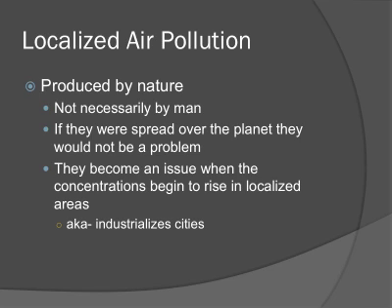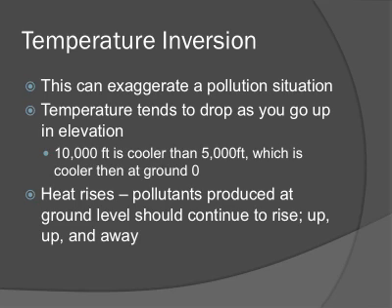Okay, so one type is something called a temperature inversion, and honestly, this is probably the main thing that we're going to talk about when we're talking about localized types of pollutants. This is usually what's causing it. So what in the world is a temperature inversion? First of all, as you go up in elevation, usually the temperature gets colder and colder. And we know something about heat, don't we? Heat tends to rise. Well, usually when the heat rises, so do the pollutants.